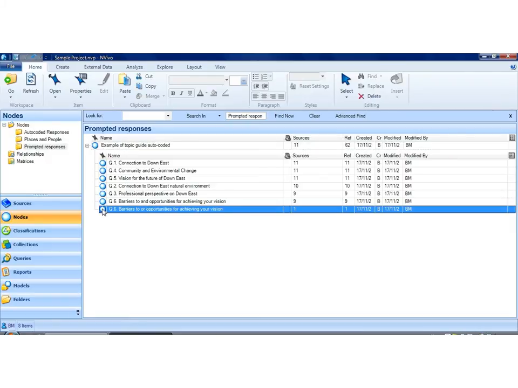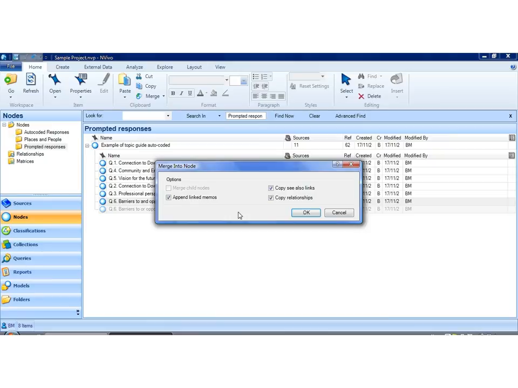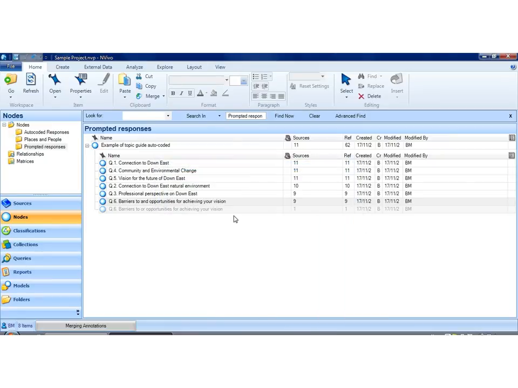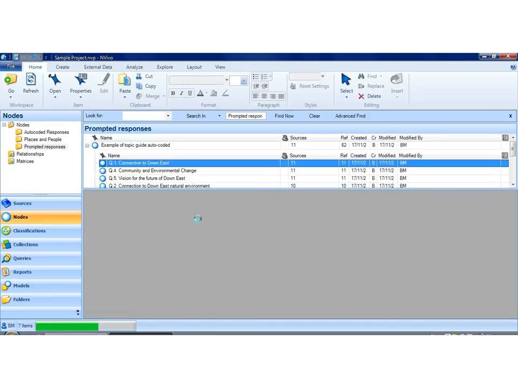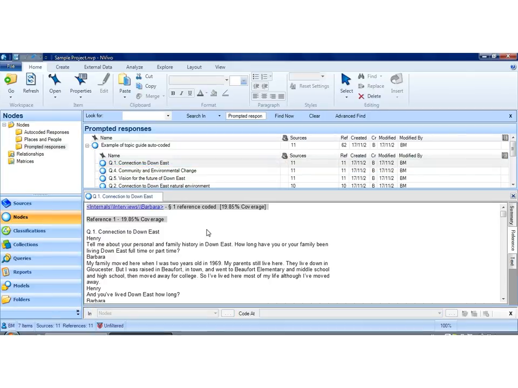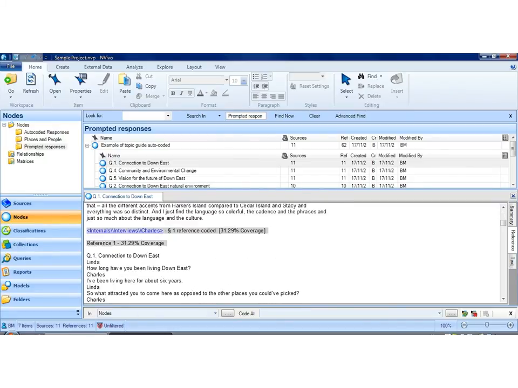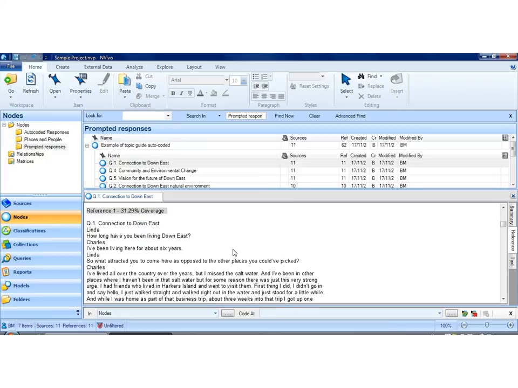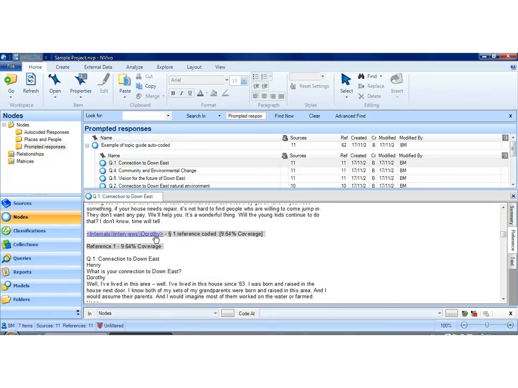So if I open up question 1, connections Down East, I get to see everything Barbara said about our connections Down East. And indeed everything that Charles said as well, and all of the various sources started the interview and so forth. And that gives me a view of how successful my topic guide was, that I discuss all